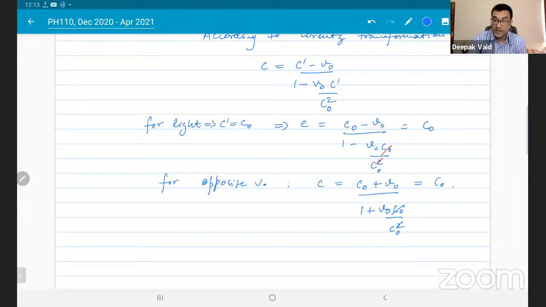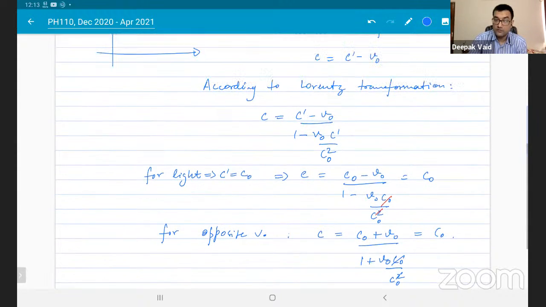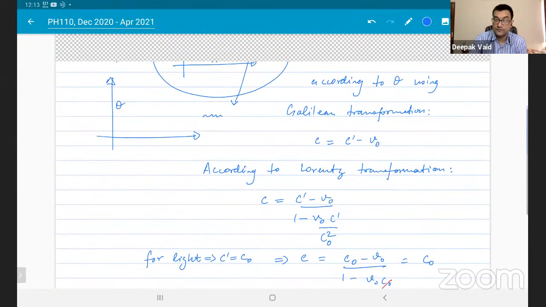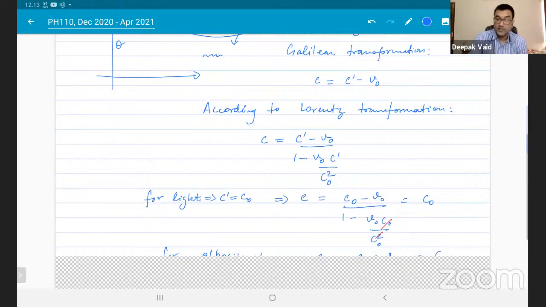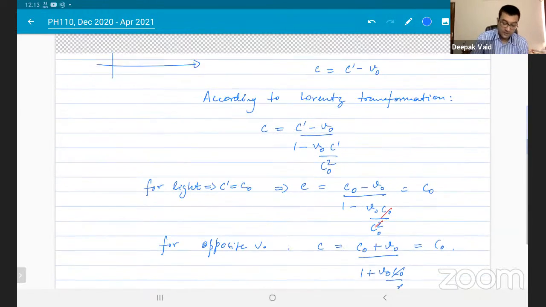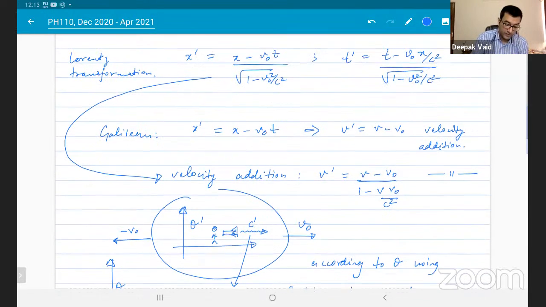But if you use the Galilean transformation, you would have to add the velocity of the moving thing. Right? So this Lorentz transformation